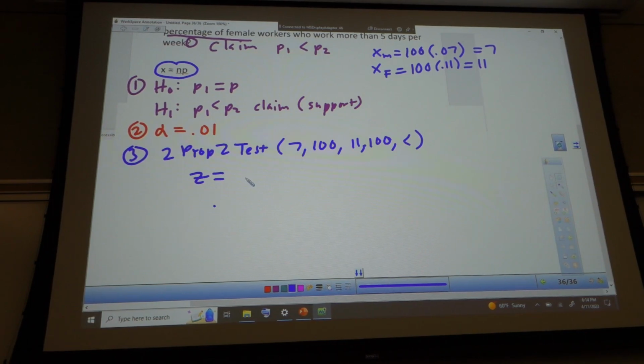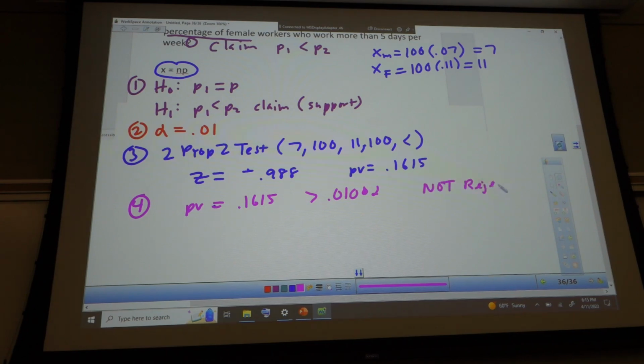anyone? Negative 0.988. And a p-value of 0.1615. Great. So my p-value is not that small. It's definitely bigger than 0.01. So we're not going to reject